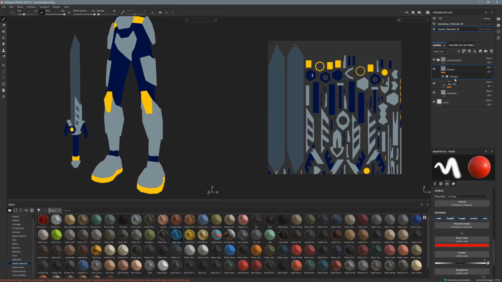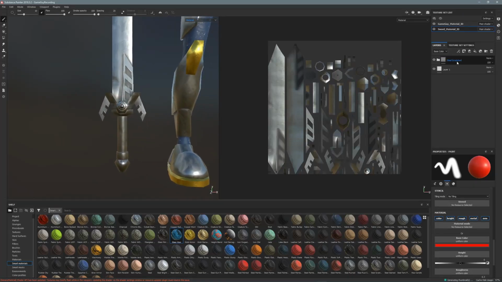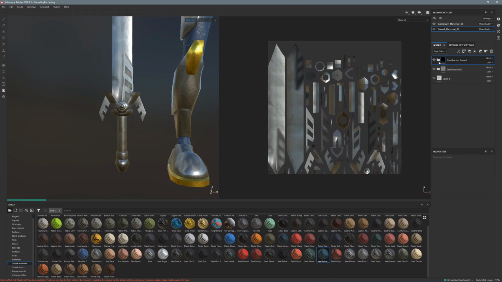Remember we had created just a steel scratched. So we're gonna be using basically the same materials for the swords. We're gonna have the steel scratched, and we're gonna have the steel painted, and